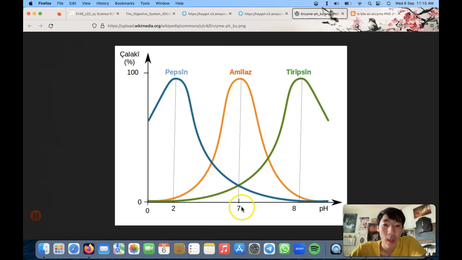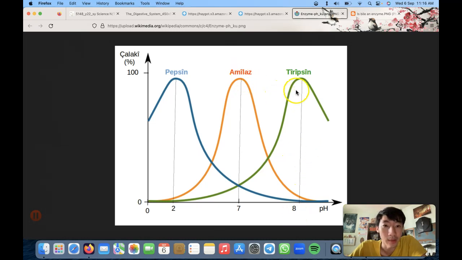Then, which part of your body is pH 7? That's right, it's your mouth, because your saliva is near to pH 7. Some people, because they never brush their teeth, have a mouth a bit less than 7, maybe about 6.5 or 6. The acidity of their mouth is a bit higher because of the acids produced by the bacteria on their teeth. But most people's mouth should be around 7. So these are the enzymes that will digest starch, found in your saliva.